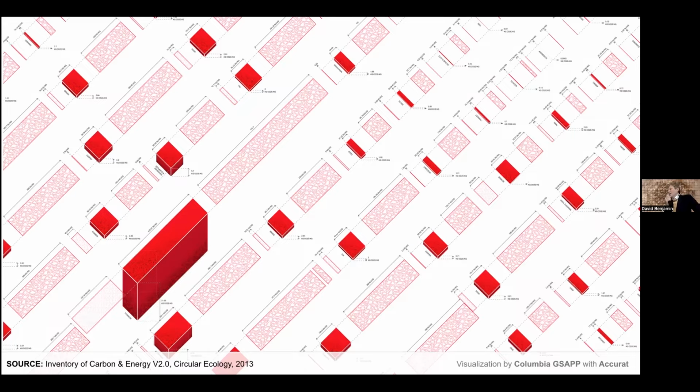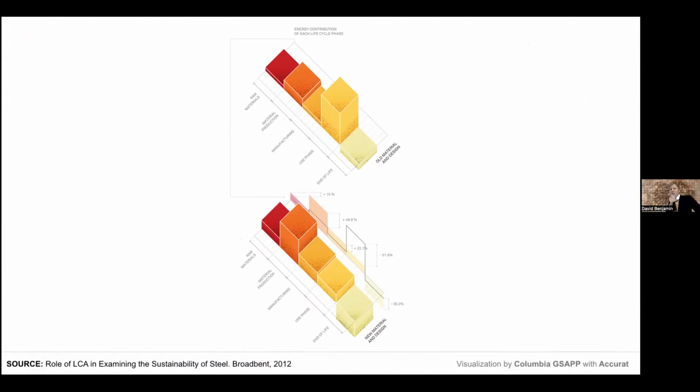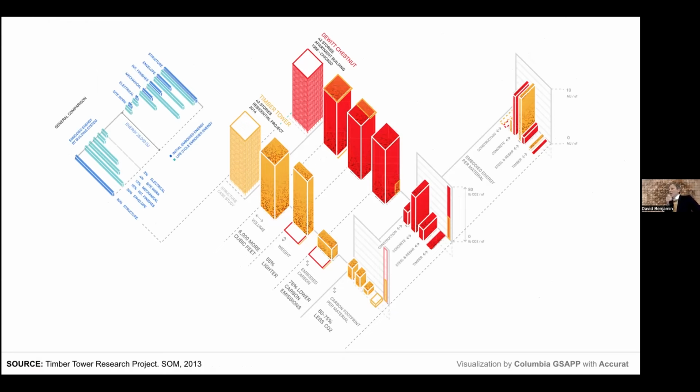We also did this kind of visualization, like a comparison. So we're showing the breakdown of embodied energy by different materials, such as concrete or glass or aluminum. So each red box is a different material. You can see which ones are bigger or smaller. Here's a different breakdown by process. So where is all the embodied energy in different processes like extraction, transportation, or manufacturing? Yet another way to look at it is to compare specific buildings.